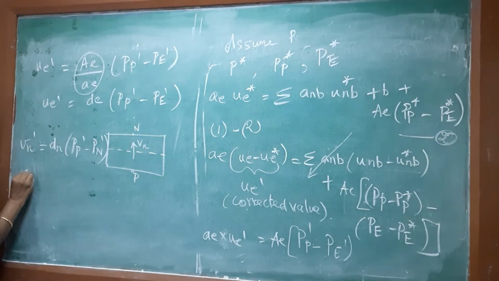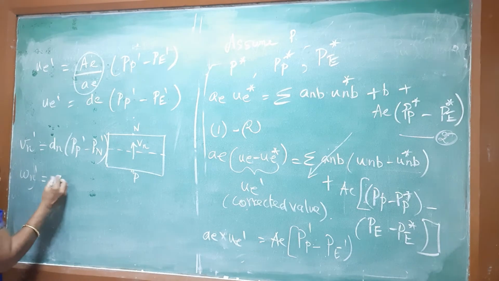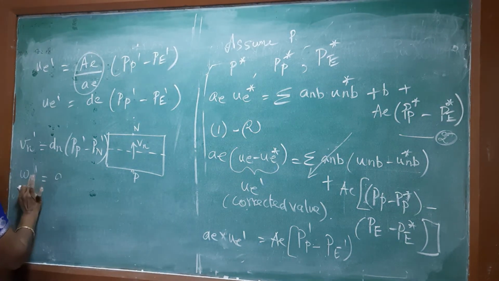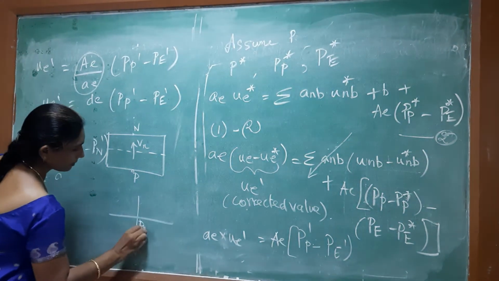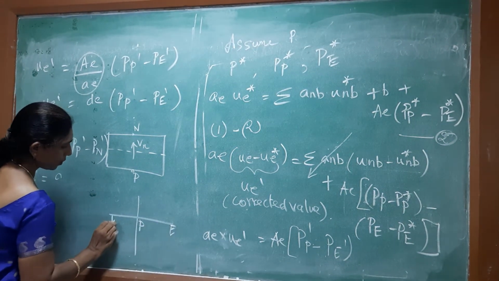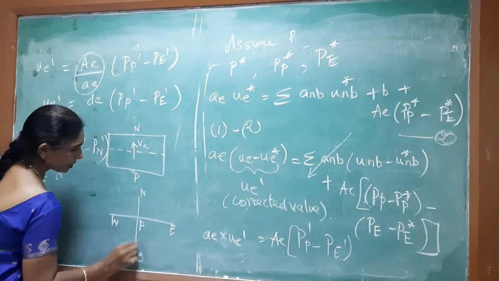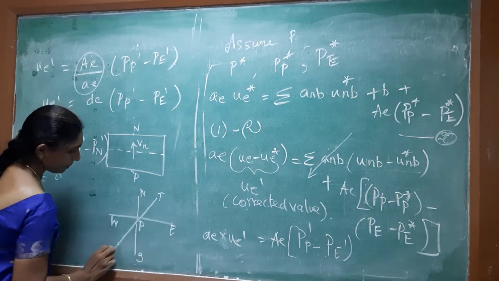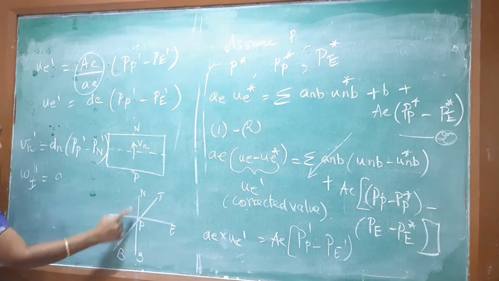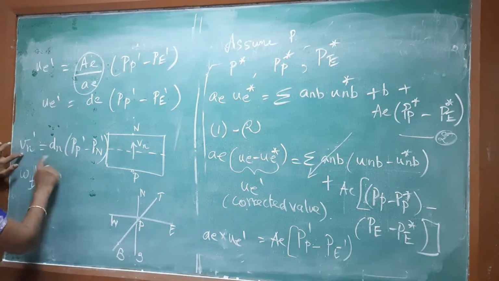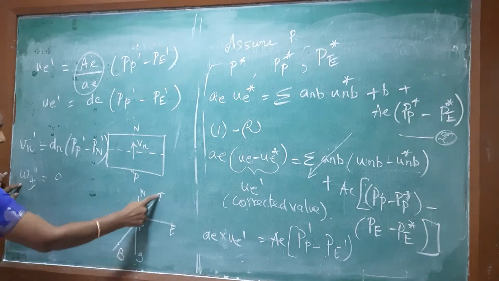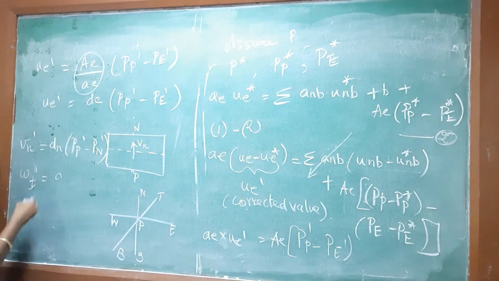Likewise, I am writing for the Z direction. This is going to be D, sorry, this is not N, it is top to bottom. You can take the points like this. This is east, west, north, south. This is top and bottom, right? So for east, west we have written U. For north, south we have written in terms of V. For top to bottom in terms of W I am writing, right?